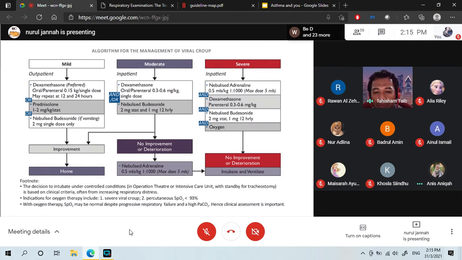But the purpose of giving adrenaline is to open up the upper airway. So is there any side effect or problem that you are anticipating? Beware, because if you give it to a mild croup, there can be what they call the rebound phenomenon. Which means the airway opens up briefly and then suddenly closes back. So nebulized adrenaline should be given in the hospital only. If you give it to mild croup, the patient needs to be admitted.